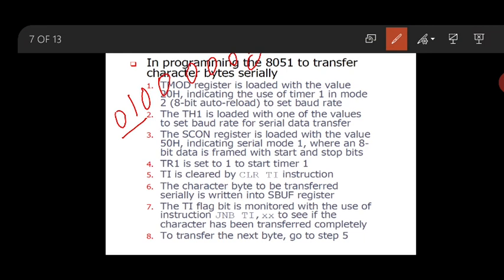It has 8-bit data framed with start and stop bits. You need not worry about all the other bits, because first we need to say in which mode of operation we are using. This is the standard mode, you need not change it here.